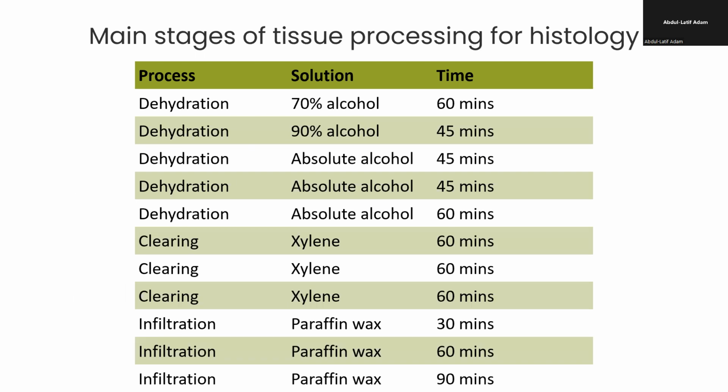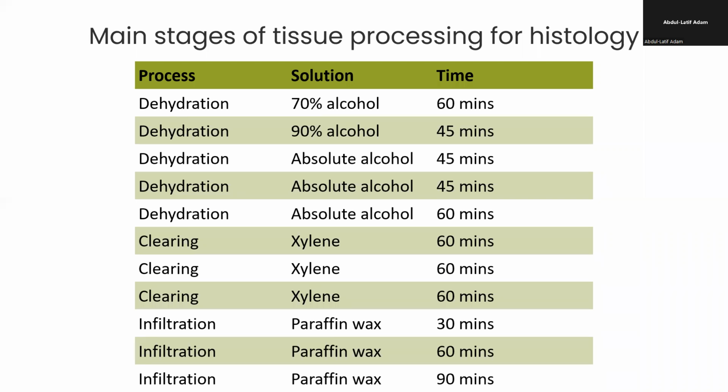So one of the ways to ensure good tissue processing is the type of tissue that you are handling. So if you are handling a tissue that is not very dense, the timing should be different. If the tissue is dense, it has a lot of meat, then you increase the time. But if it is very fragile tissue, like a brain or a bone marrow,